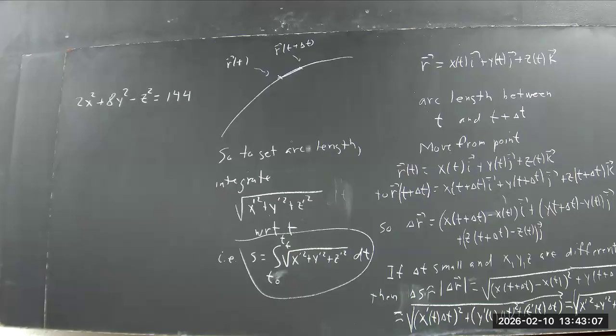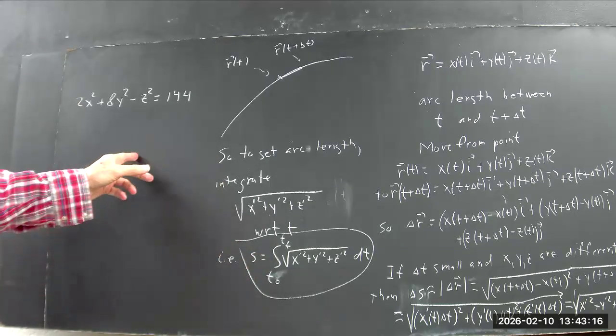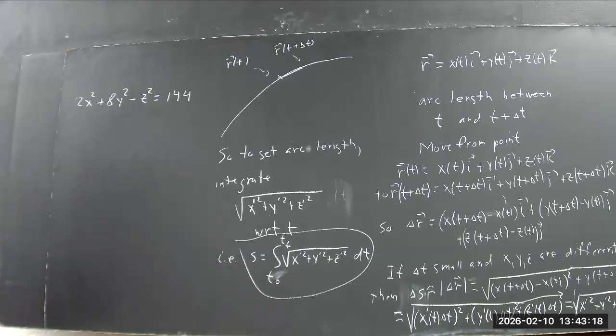What does that surface look like in three-dimensional space? You take all the X, Y, Z coordinates that satisfy this. What's it look like? Well,